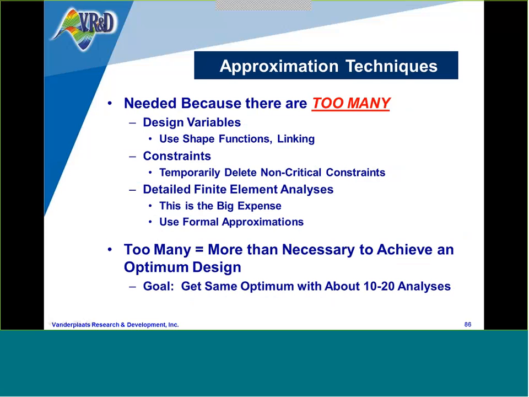Why do we need approximations? Because there's too many variables, too many constraints, too many detailed analyses. Well, today we don't worry about too many variables. We can solve the million variable problem. For constraints, we delete those that aren't critical or near critical. And then the big expense is the detailed finite element analysis. We want to get an optimum with about 10 to 20 finite element analyses, even though the finite element model may have 10 million degrees of freedom